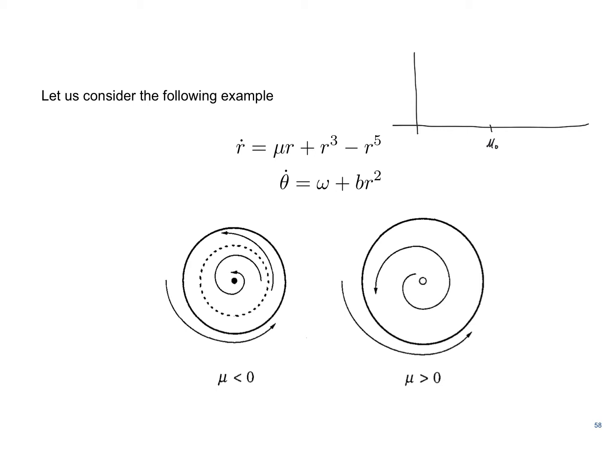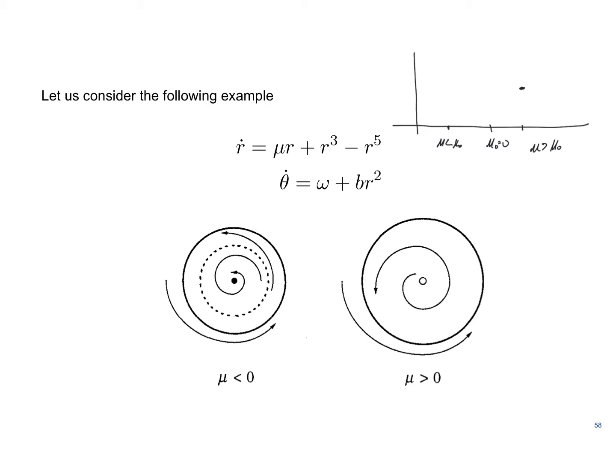So for mu larger than 0, we will have a limit cycle here that is very large in amplitude. So let's put one point in here, so this is large in amplitude. For mu less than 0, somewhere in here, let's assume,